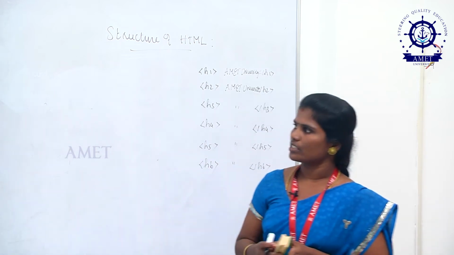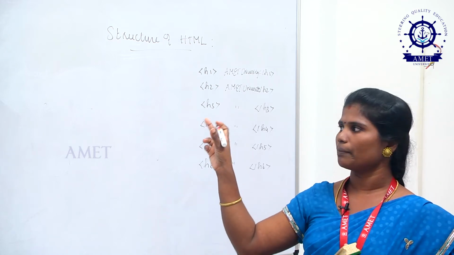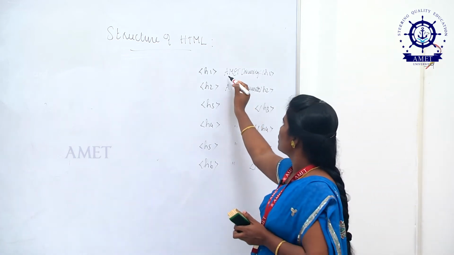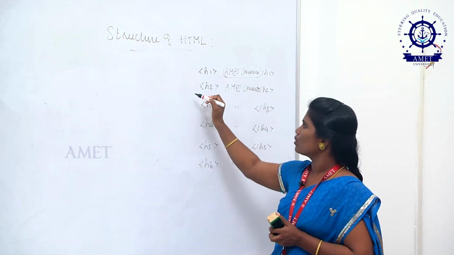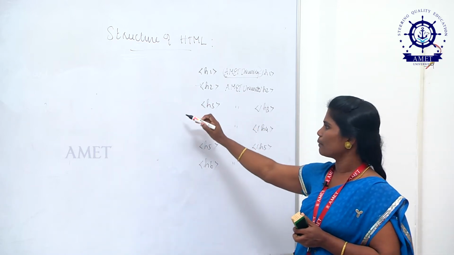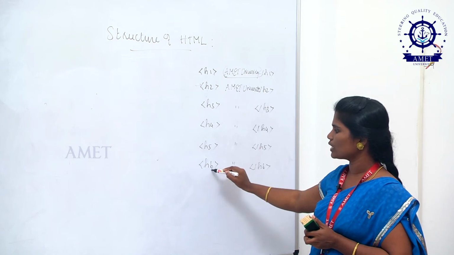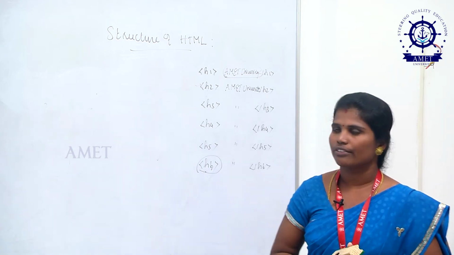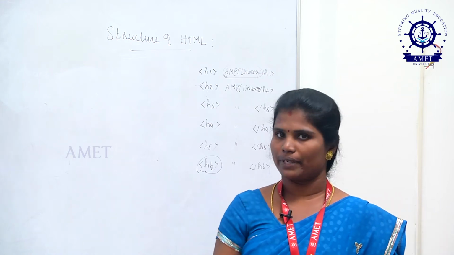see in this slide, when you are using the H1 tag, you will be getting the text in a bigger size. See, for H6 it is very small. So when you are using H1, this text will be displayed in a bigger size. When you go for the next one, heading tag 2, what happened? It will be displayed in a bigger size, but compared to H1, it is somewhat smaller. So in such a way it goes up to 6. So H6 is smaller than the other heading tags. So that is the use of heading tags, which are used to give the title of your web page.